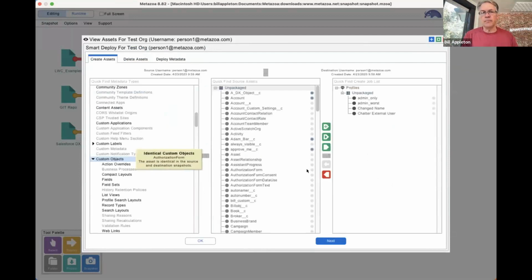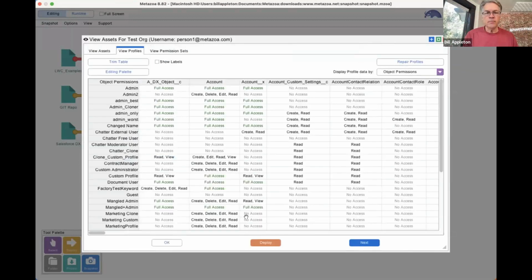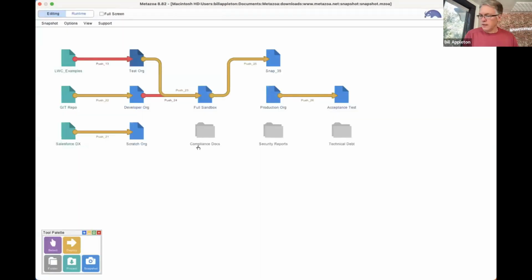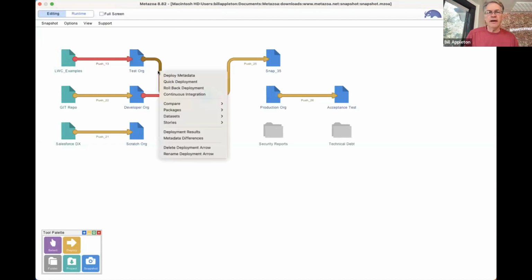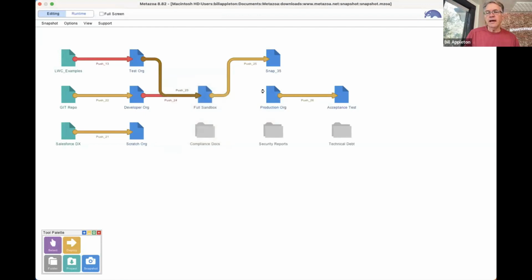So that's a really nice ability for bulk editing, very important. And let me also show you profile comparison. So we've got a snapshot here, which is a metadata picture of my org, and a snapshot here. And now I can right click and I can compare profiles, and it will show me